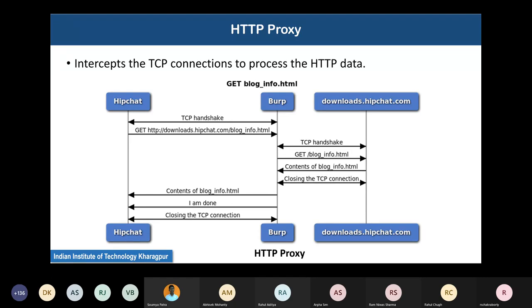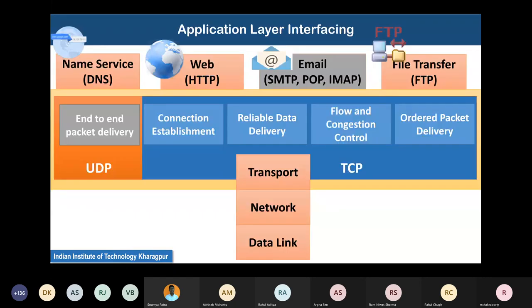So that's a big advantage, or one of the major utilities of proxy servers. It is used to implement filtering and access policies. Now, next, the application that we are going to study is the email application. And we will study two types of protocols. One protocol that is used to transfer mail between